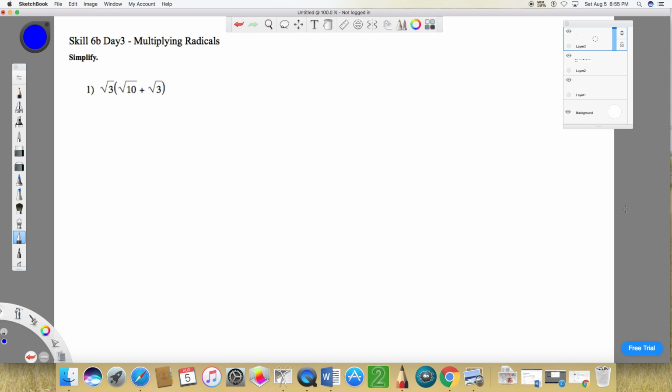All right, so I think we're recording. Let's take a look at our homework from Skill 6B, where we're doing operations on radicals, and this homework focused